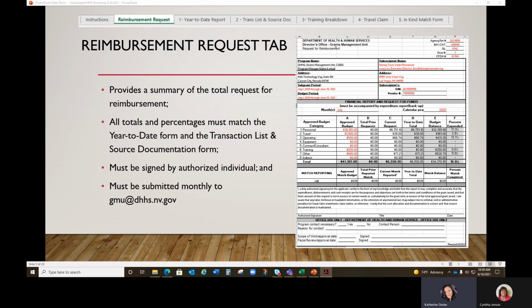The request for reimbursement form will be the cover sheet for the request for reimbursement, RFR. It must contain a snapshot of the subgrant reimbursements and expenditures for the month submitted. This information must match the year-to-date form as well as the transaction list and source documentation form upon submission. The page must be signed and dated by an authorized individual of the organization and submitted together with all required documents to